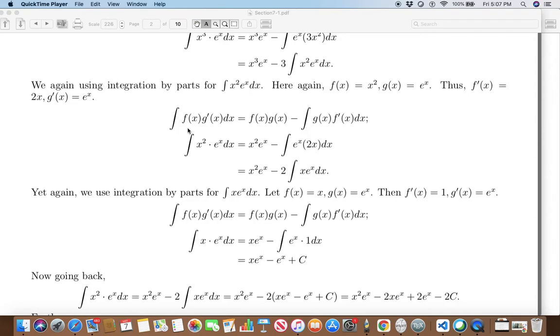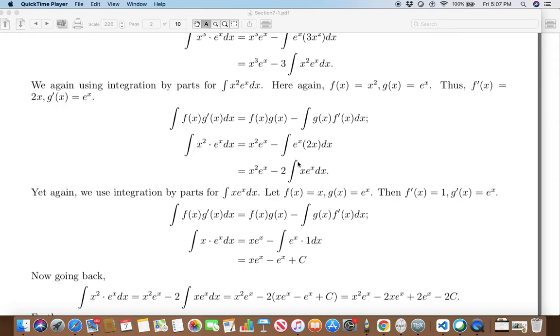So you have integral f g prime is f(x) g(x) minus integral g f prime. f is x squared, g prime is e to the x. So we are back to our question here. f(x) g(x), x squared e to the x minus integral g f prime. That gets me x e to the x. I still need to